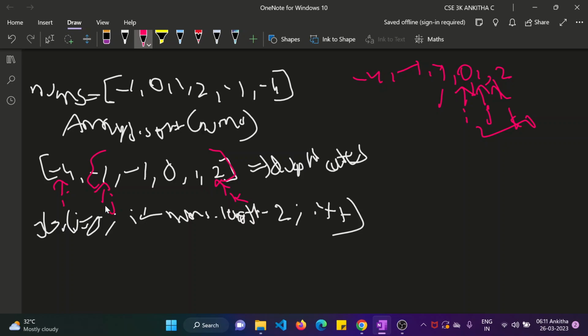And why do we require these two pointers? That I'll explain now. At first i will be pointing here, right? Now j will be pointing here and k will be pointing to the last element, as told. So if i is pointing at some position, j will be pointing to the i plus 1 position and k will point to the last position. Now we have to check whether nums of i plus nums of j plus nums of k equals 0. So minus 4, minus 1, 2,